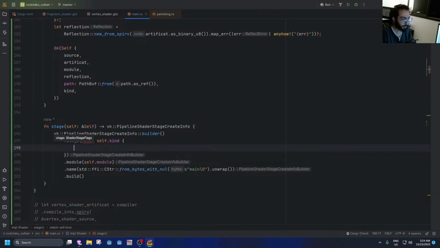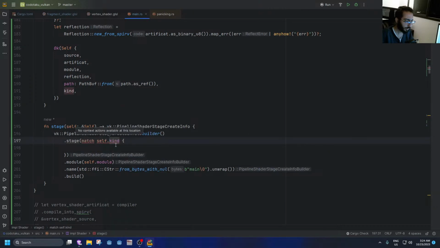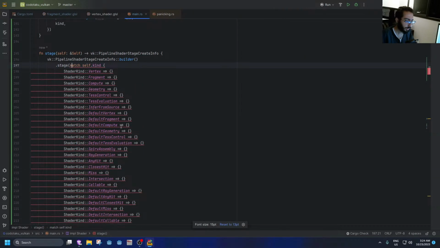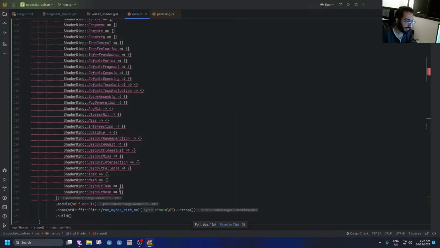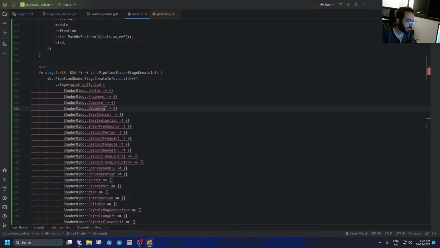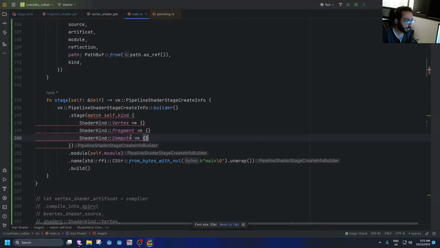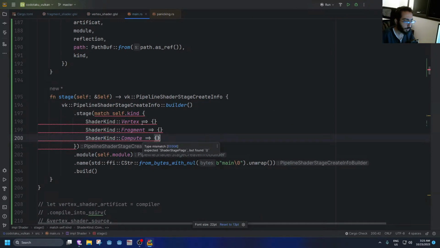self.kind, and basically add remaining patterns. Let's go. I'm gonna go step by step. For now I only need vertex and fragment, possibly compute at some point, but yeah, I'm only gonna fill these things for now. So vertex,